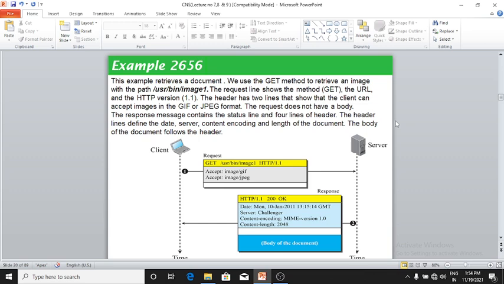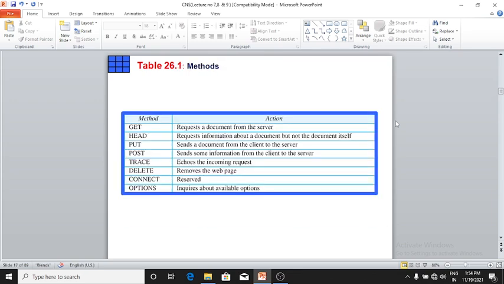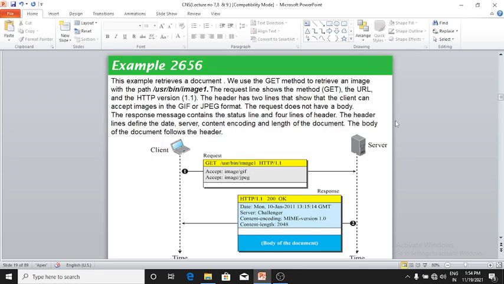Okay, we use the GET method to retrieve an image, right? GET with the path /usr/bin/image1. See here, the GET is under the method, which is used to retrieve a document. We are going to study the example for that.